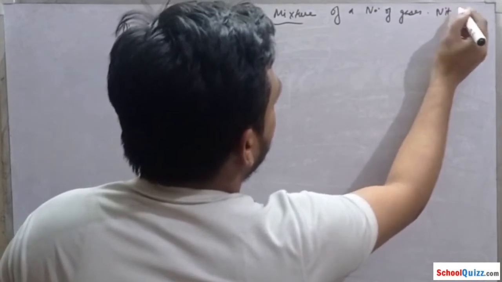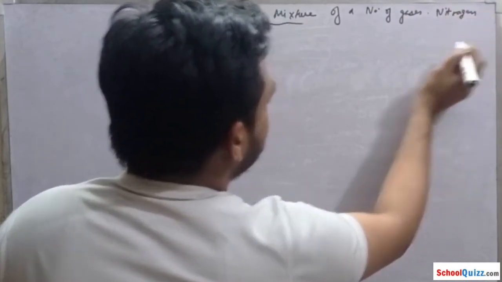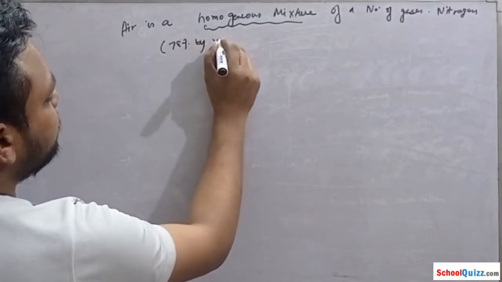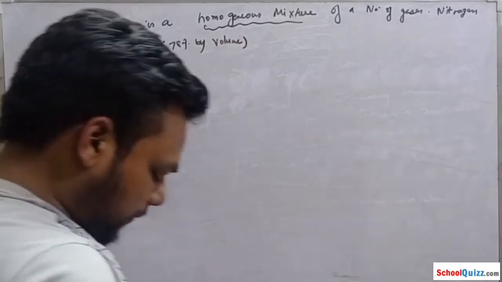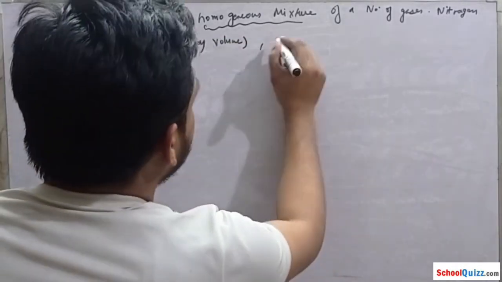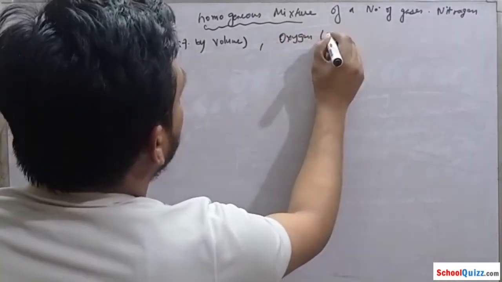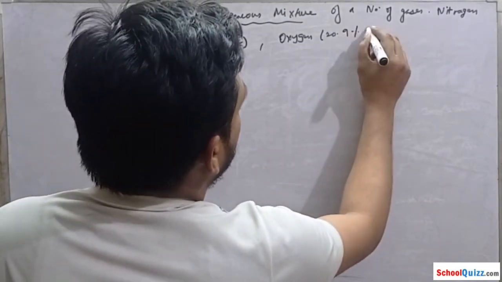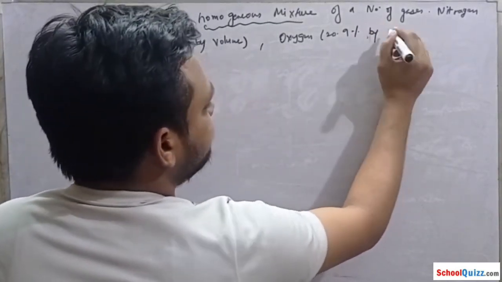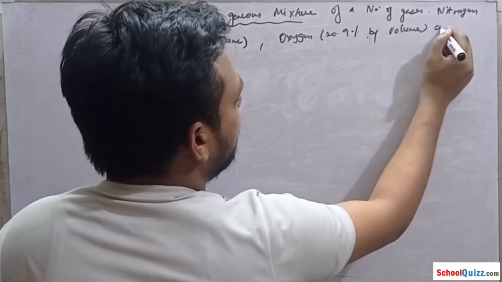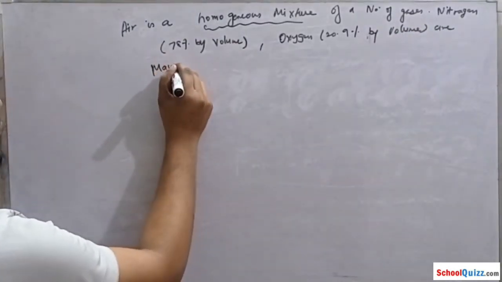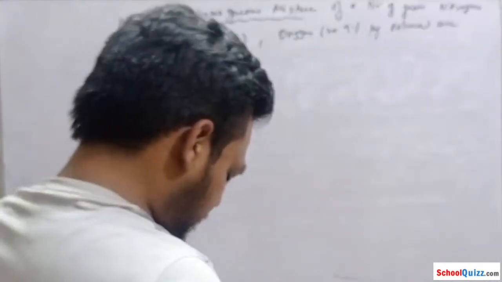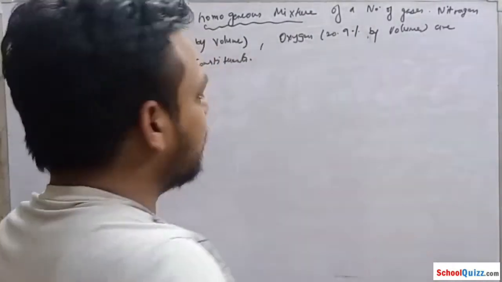As we know, nitrogen has maximum, that is 78% by volume. Oxygen 20.9% by volume. These are the main constituents. Apart from this, that air will also contain